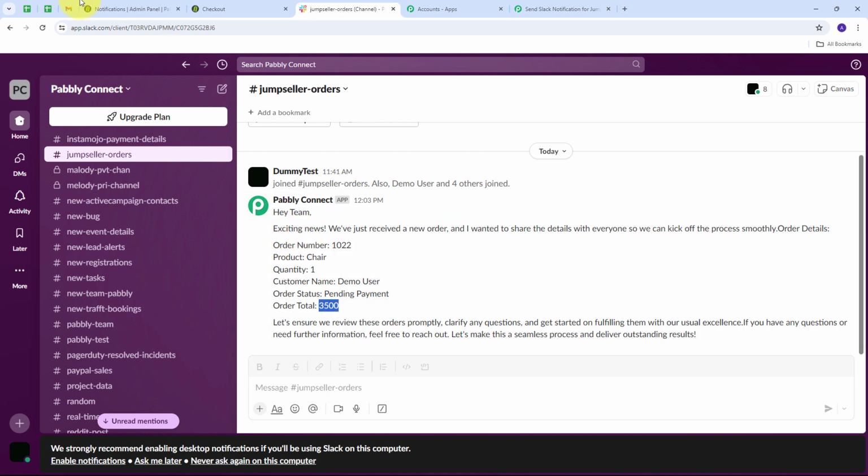So here my connection between Jumpseller and Slack is working successfully, and whenever I receive a new order from Jumpseller, I'm automatically going to send a notification message on my Slack channel. So with this automation, every time I receive a new order from Jumpseller, I'm going to notify my team on Slack. Now to check this in real time,